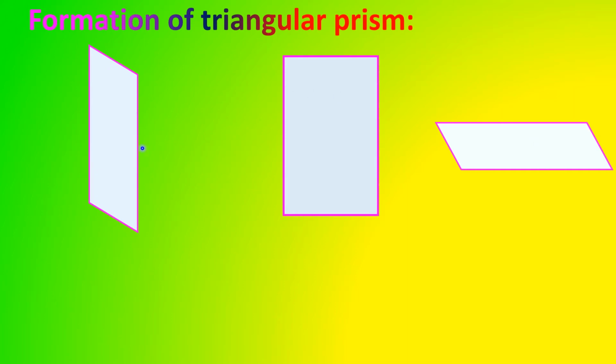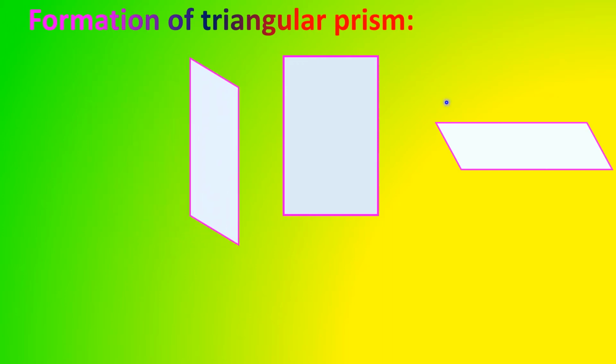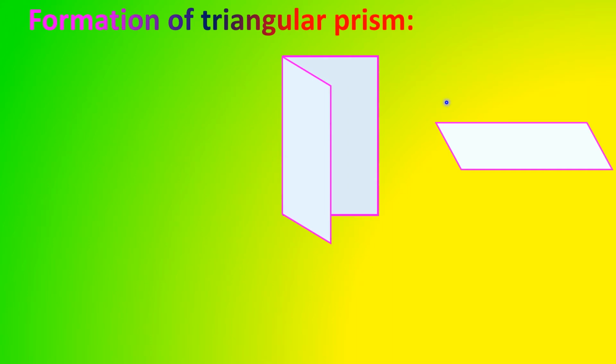This is one surface. I am going to join this surface to this surface at a certain angle. Okay, that means these two plane surfaces are joined at a certain angle here. So totally how many surfaces are there now here? One, two, only two surfaces are there now. Now I am going to join the third surface, this one, with the same angle here.